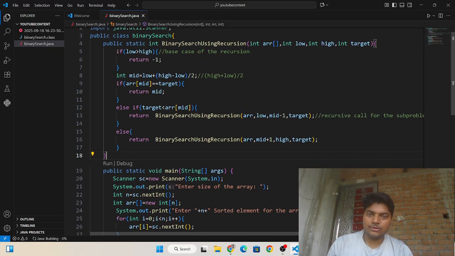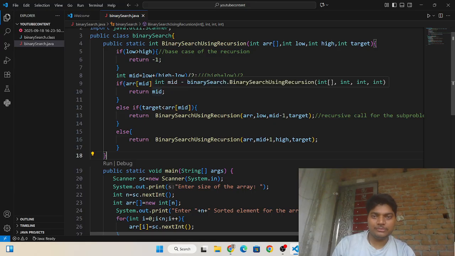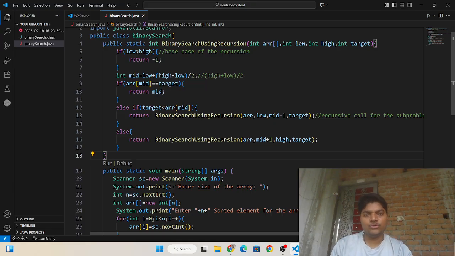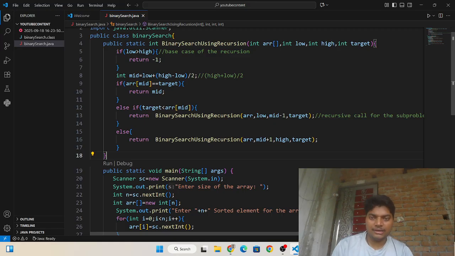So what is the recursive call for the subproblem? If target is equal to arr of mid, you need to return mid. And if not, your target is present either in the left or right. If the target is in the left, you have to move your high variable to the left of the middle.